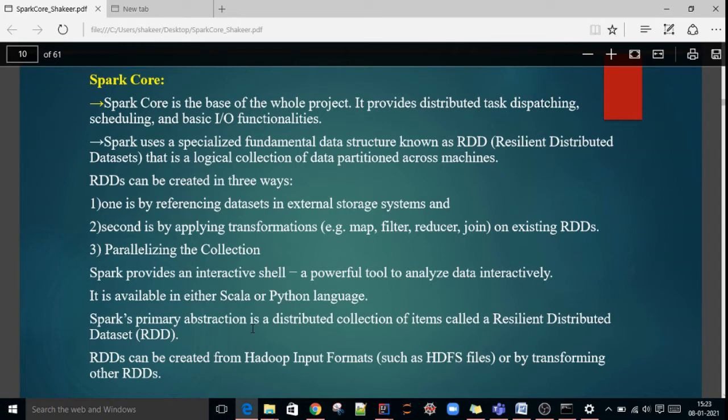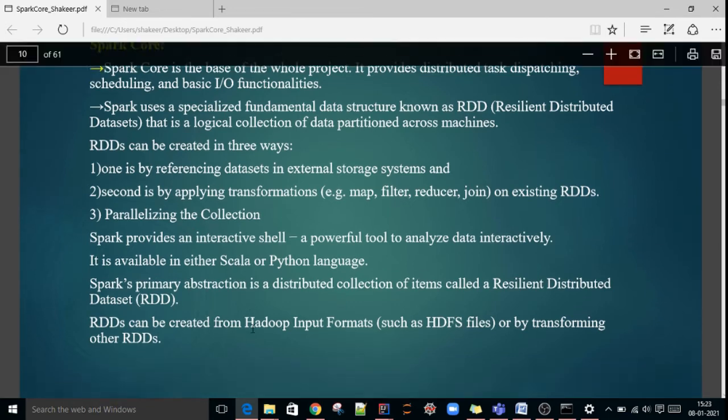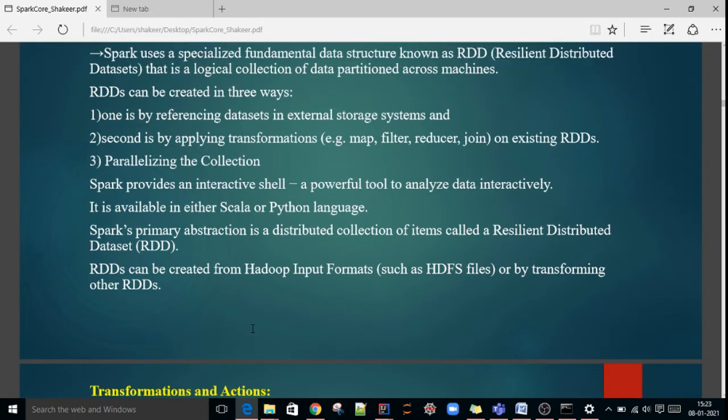So Spark Core supports languages like Java, Scala, Python, and R. The famous one is Scala, and everyone will use Scala mostly because Spark is developed using the Scala language. So native support will be there, and also when compared to Python and other languages, it is very fast.